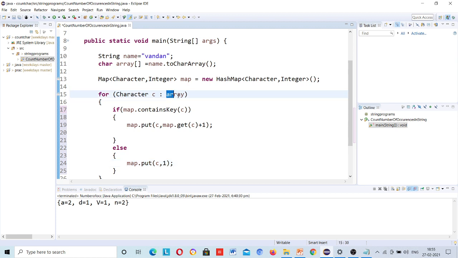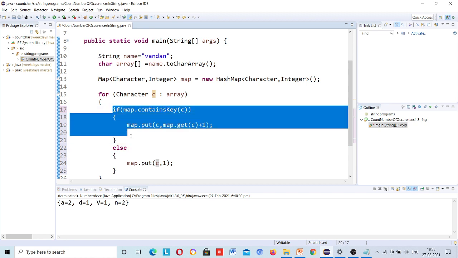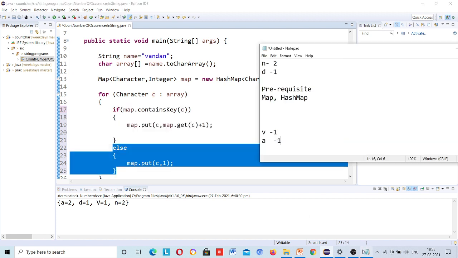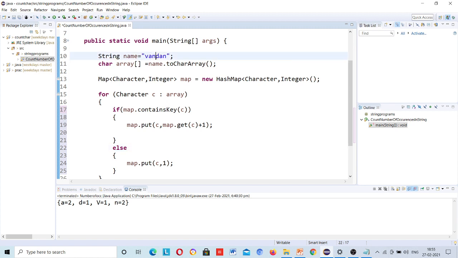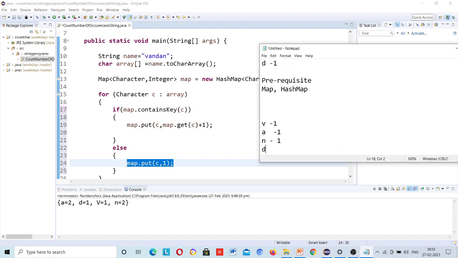Then next time it will copy n inside this C, and it will check whether map has n, no, so it will again go to else part, because this condition is false, and it will do map dot put n comma 1. Now next time it will go to D, because array will proceed to next step and copy D to this character C. Then it will check whether map has D, no, so it will again go to else part and put D comma 1.